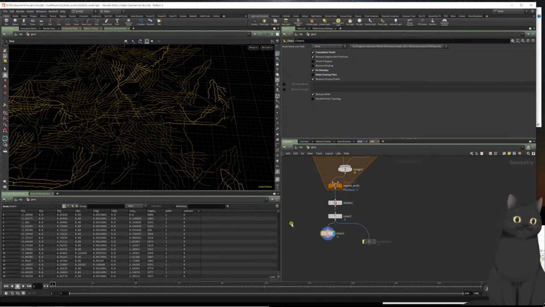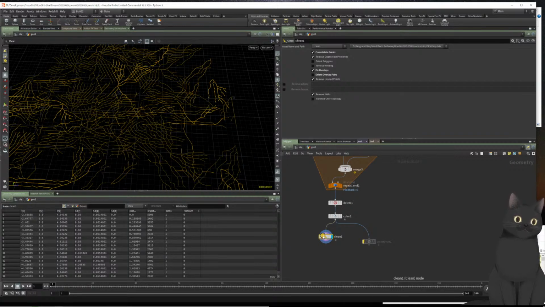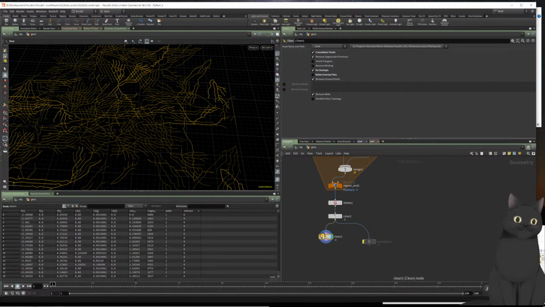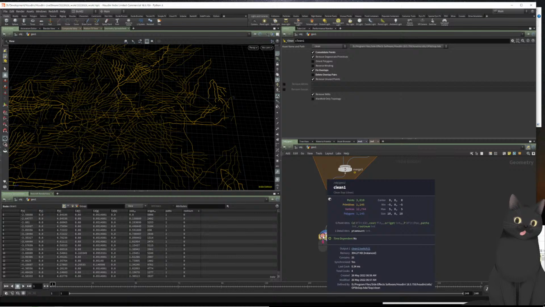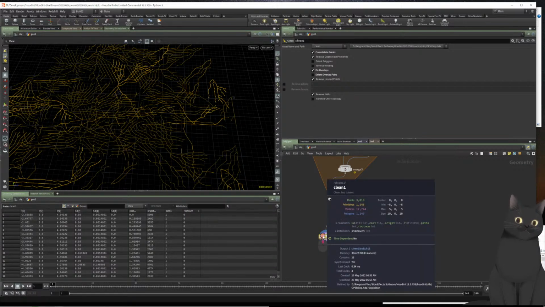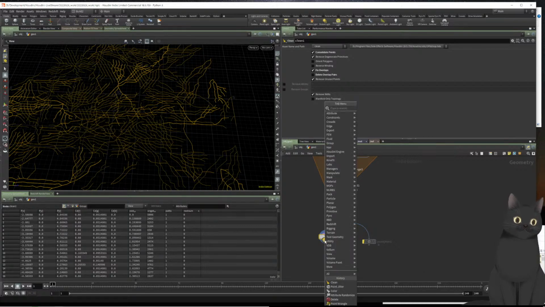So now it's okay. Before we had 25,000 points, and now we have only 3,000 points, which is better, but we have another problem. If we subdivide our geometry,